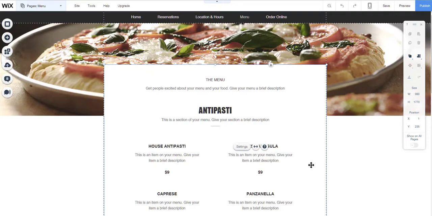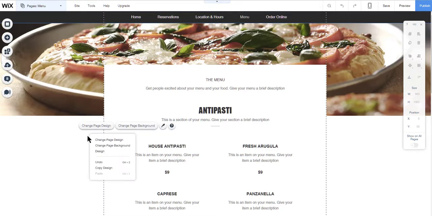So you could see where being a webmaster would be a full-time job if you just wanted to change the color of your site. But the web color palette tool is going to allow us to change all the colors throughout the entire website. So to change the color palette, I'm going to go anywhere to a blank space on this website. To change the colors on the website, go to a blank spot and you're going to right click